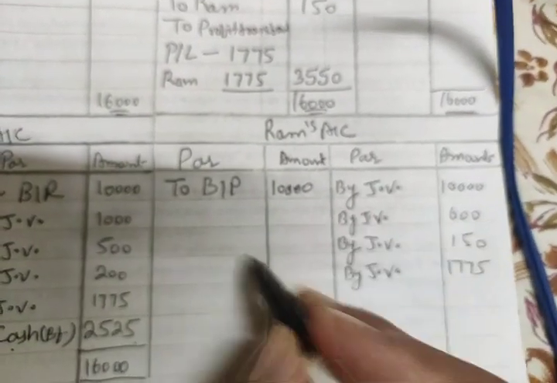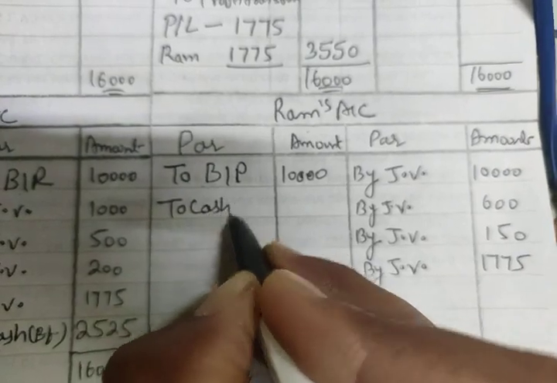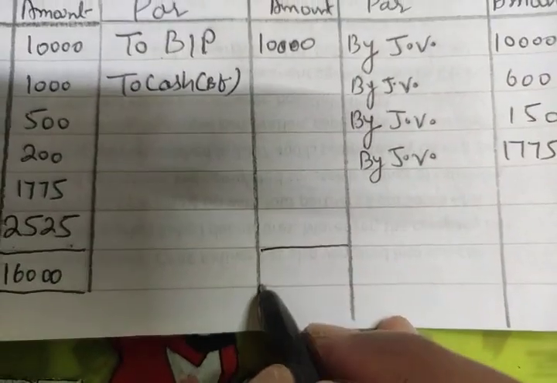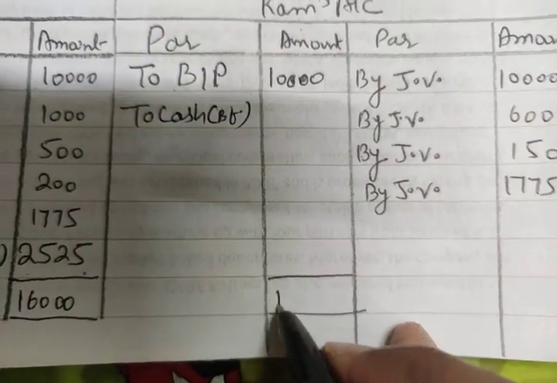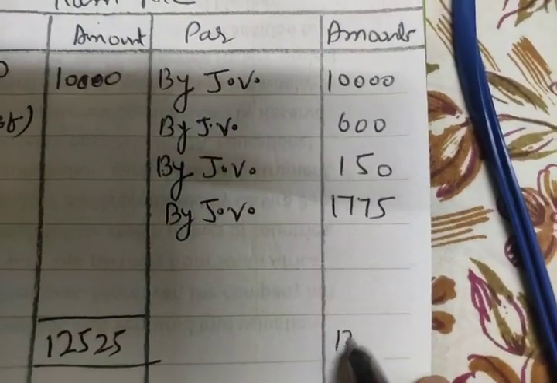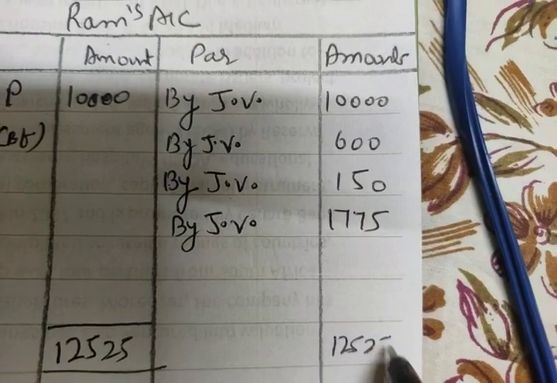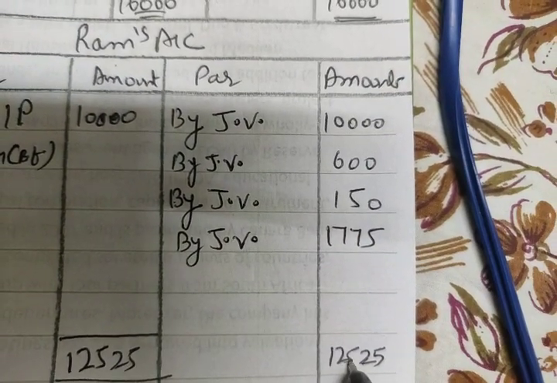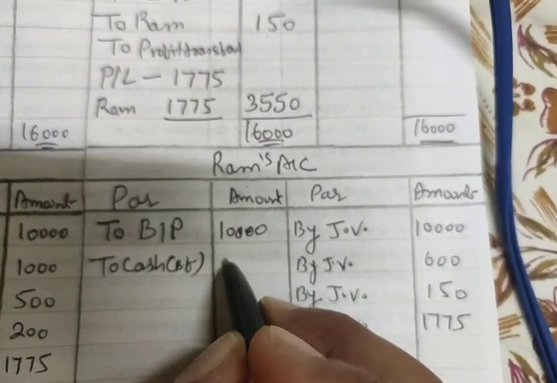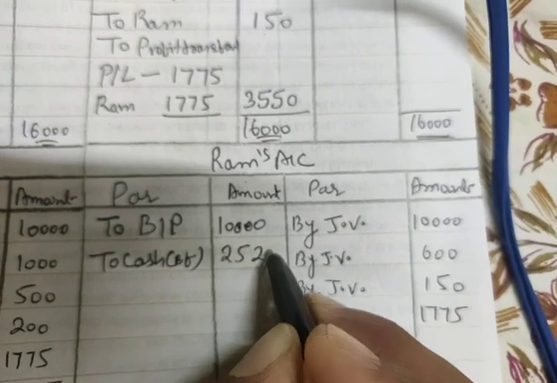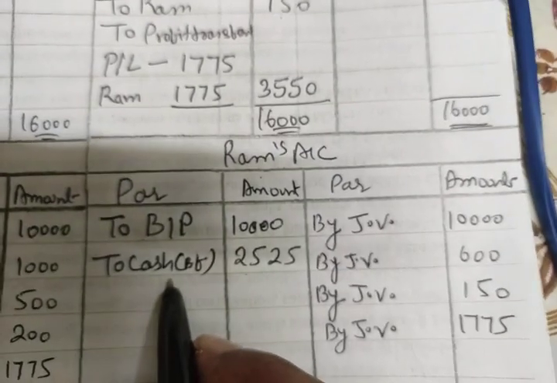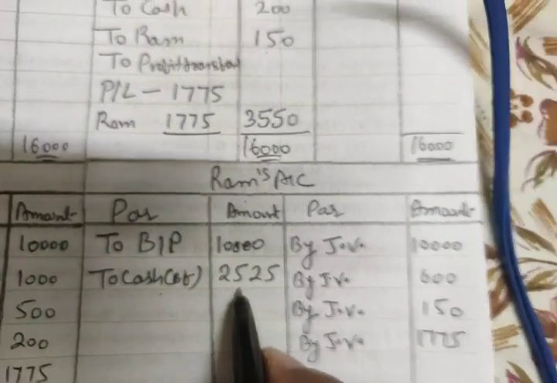Okay, all entries are over. Now we need to calculate the balancing figure again. Okay, so just make the total. If we make the total, the total will be 12,525 on both sides. Wait a minute. 25. Okay, both side totals are this much. And when we calculate the balancing figure, it will be 2,525. That means the debit side cash balance, okay, the balancing figure shows that,